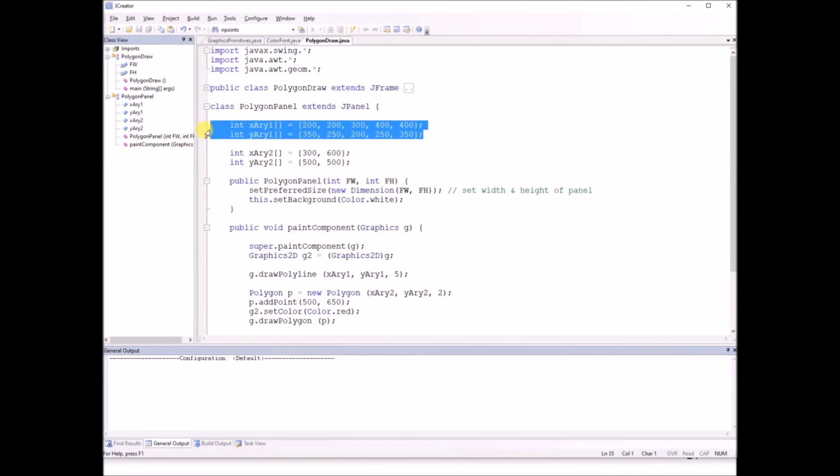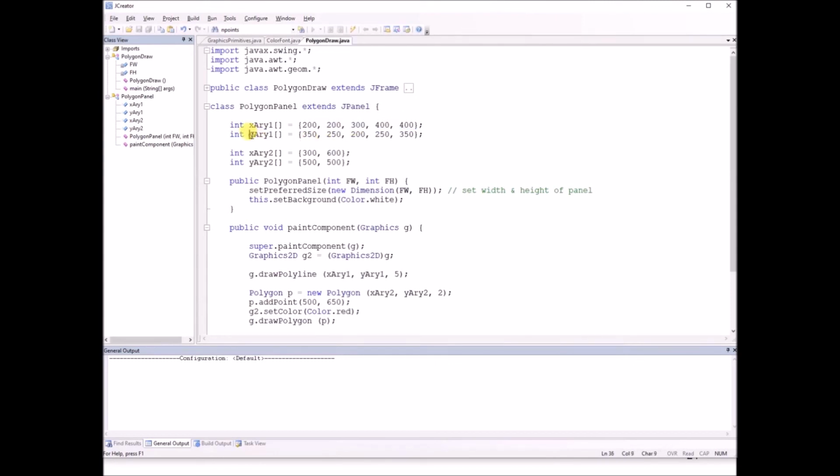So we are not creating the object. We are creating the polygon which has the 5 vertices or the 5 points. So x1 has the value 200, x2 has the 200, so we have the values x1, x2, x3, x4, x5 for the 5 points or the 5 x coordinates for this polygon. These 5 values are basically the x coordinates of the 5 points of the polygon.